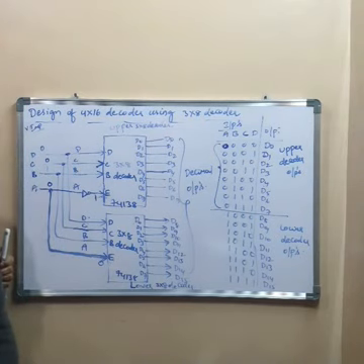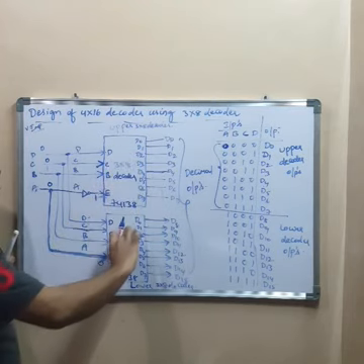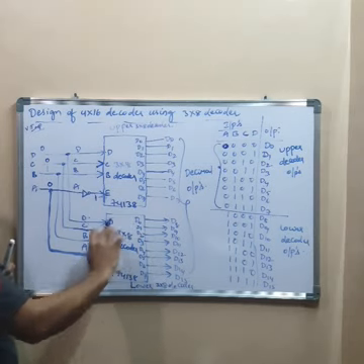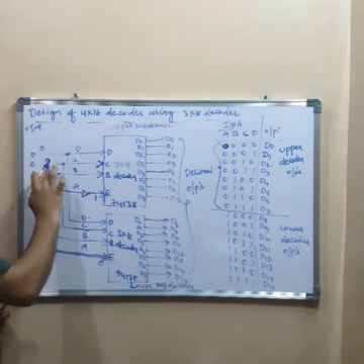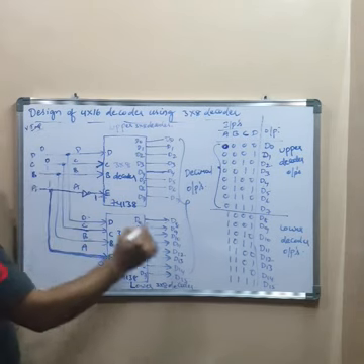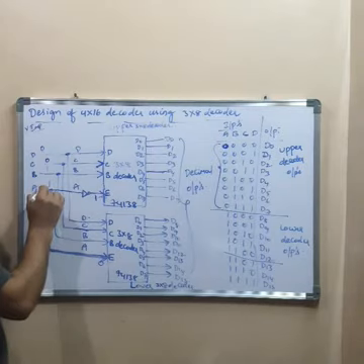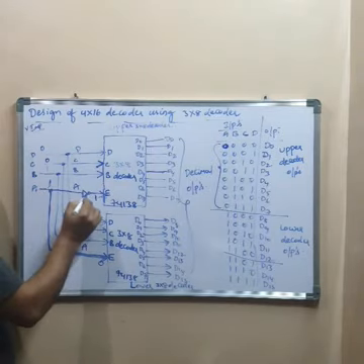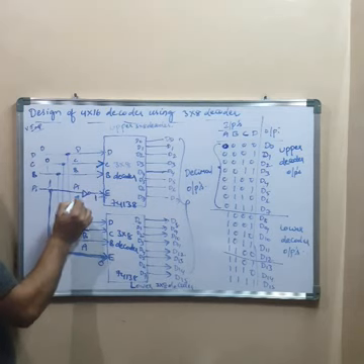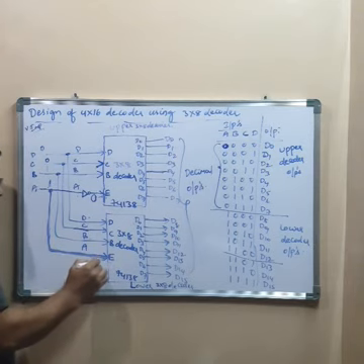For the first 8 combinations, the upper decoder is activated. For the next 8 combinations, the lower decoder is activated. Let us see. I will take same combination, I will put 1 here. So this will be 1, 1, 0, 0. For 1, 1, 0, 0, D12 has to be selected. So 1 appears to the input of NOT gate. It will be 0 now. Now 1 directly appears to the enable input of this. This will be 1 now.